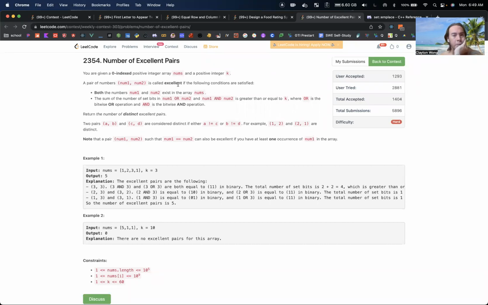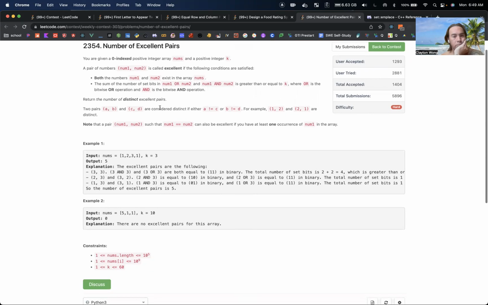A pair of numbers is called excellent if they both exist, and the sum of the set bits of OR and AND is greater than or equal to k. Distinct excellent pairs: two pairs A, B and C, D are considered distinct